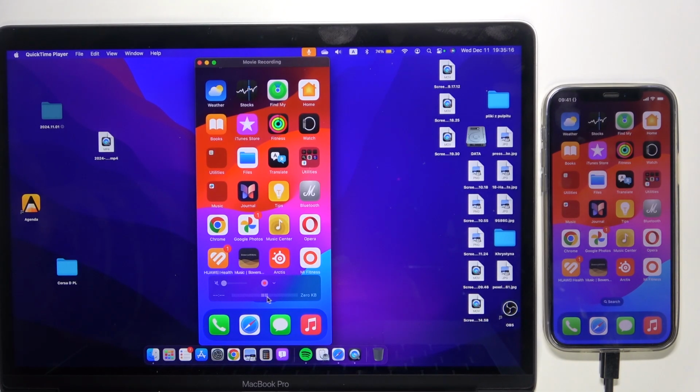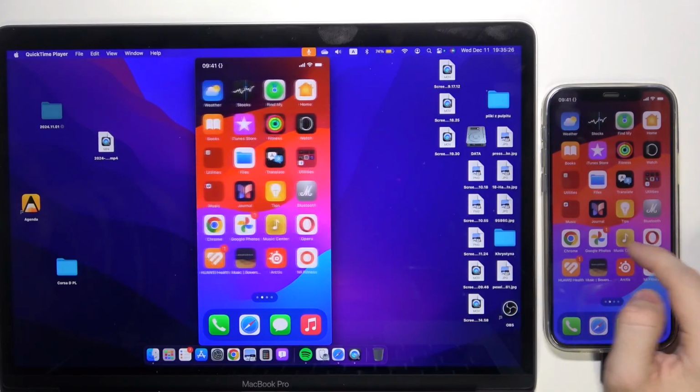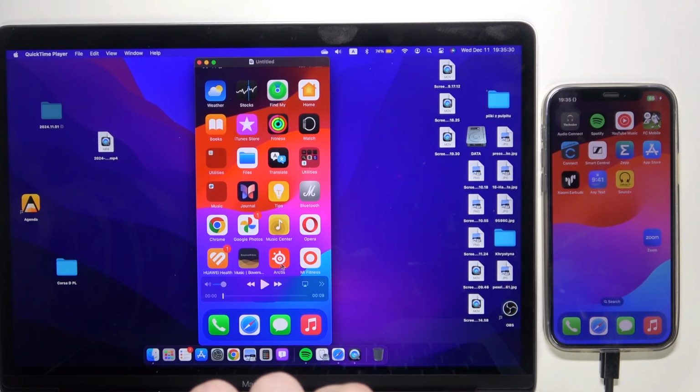You can see that it now moves because the microphone is working, and I can start by pressing here, and you can see that it records my screen. I can move it, and then when I pause it, the recording is created by pressing here,